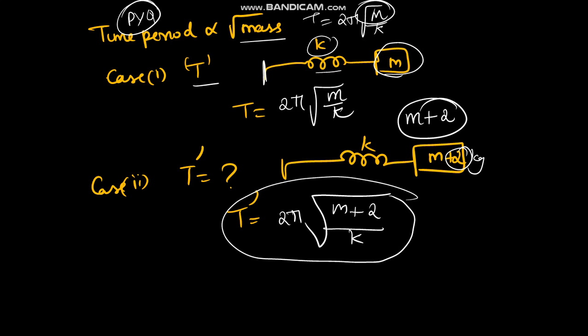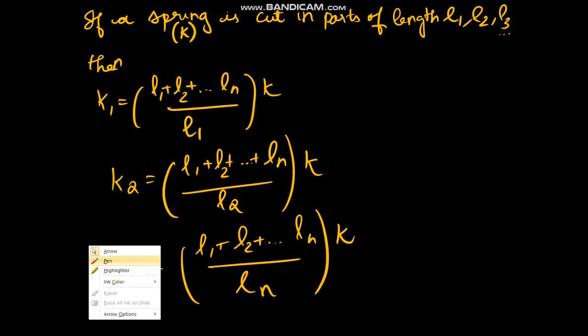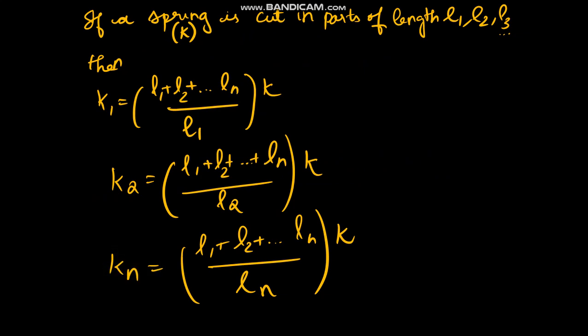In all my videos, you can see only the competitive exam mode of approach, and I will cover all the important types. Now this is the next important question or concept. See here, this spring has spring constant k, and it is attached to mass m. If you cut the spring into n parts, the first part is L1, second part is L2, third part is L3, like this till the nth part, and each part's length is L1, L2 and L3.